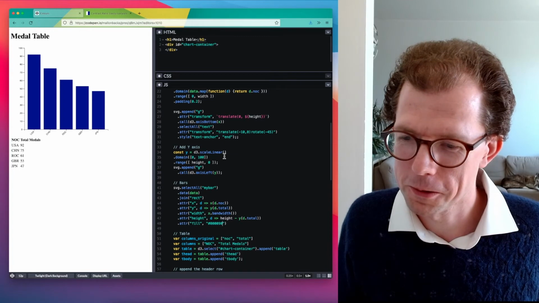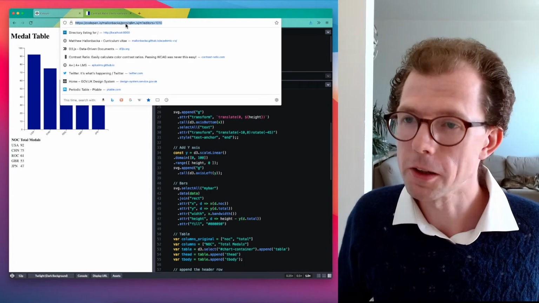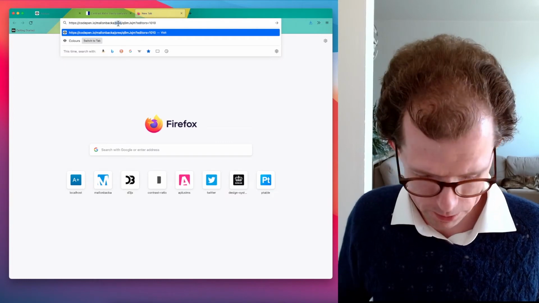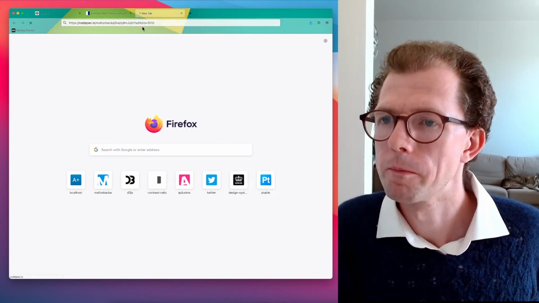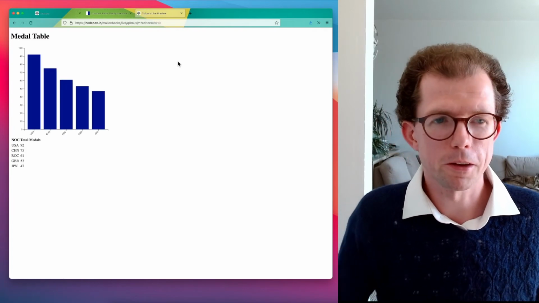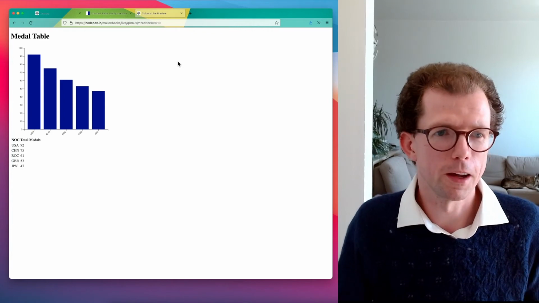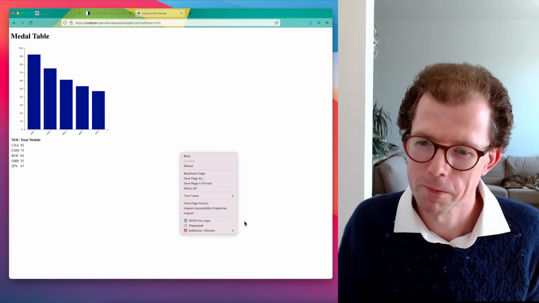Now let's confuse this even more, and let's see what happens if a user who prefers, let's say, high contrast in their browser has been here.